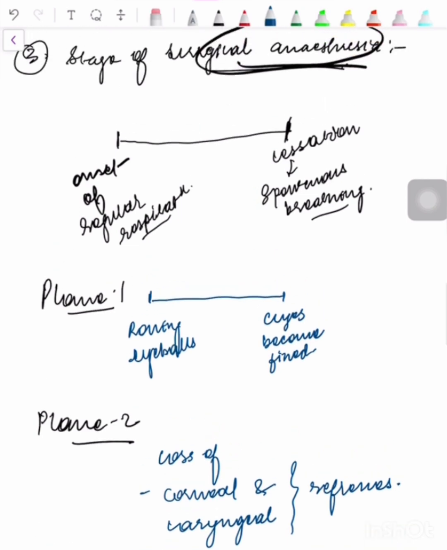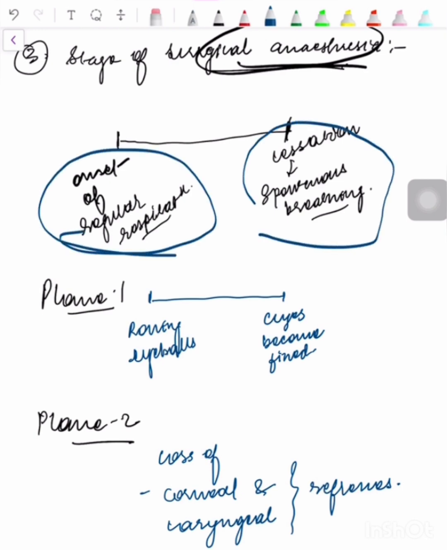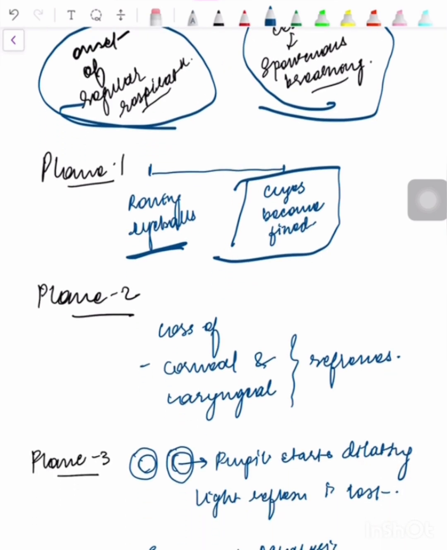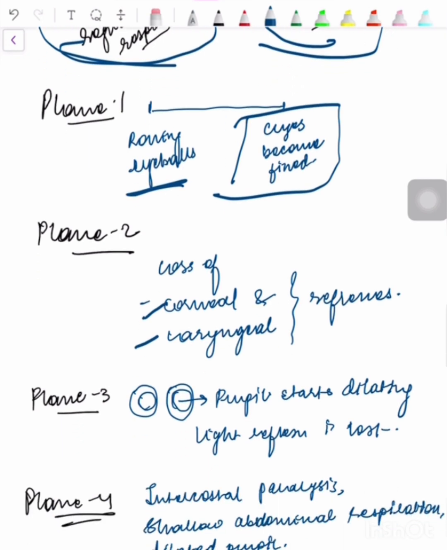So let's revise it. It starts with the onset of regular respiration and it ends with the cessation of spontaneous breathing. It is divided into 4 planes. The first plane is roving of eyeballs till the eyeball becomes fixed. That is the end of plane 1. So eyes roll and then they become fixed. Eyelid and swallow reflexes are lost and you still have regular spontaneous breathing. Now in plane 2 you have lost your corneal and laryngeal reflexes. They are lost, right? And then plane 3 is nothing but